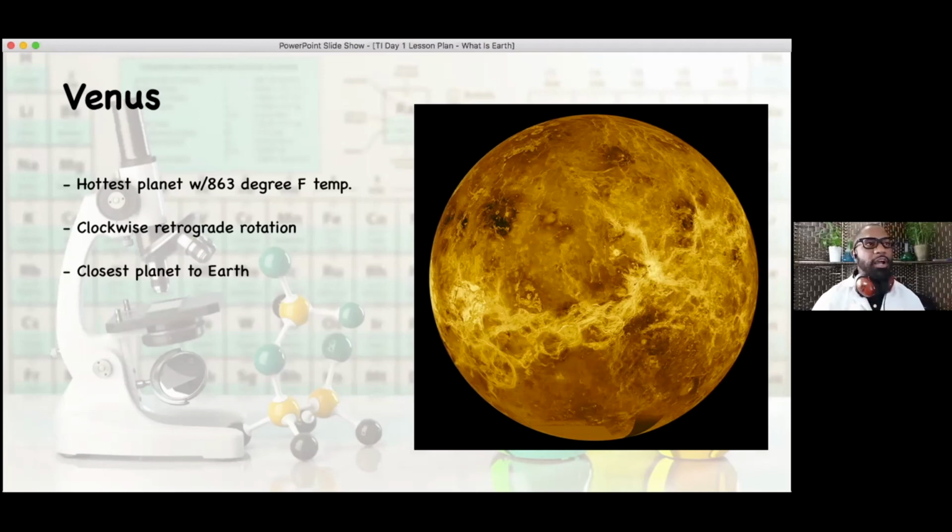And we talk about clockwise retrograde rotation. So we know how the Earth orbits. The Earth moves in an orbit 24 hours a day. We talked about Mercury's orbit. The unique thing about Venus is that it doesn't move in the same counterclockwise rotation that Earth and the majority of our other planets move. It actually moves in a clockwise rotation. And scientists have predicted that it does this because of a possible impact from another large object, such as an asteroid or another planet early on in its formation, which causes Venus to rotate in the completely opposite direction.